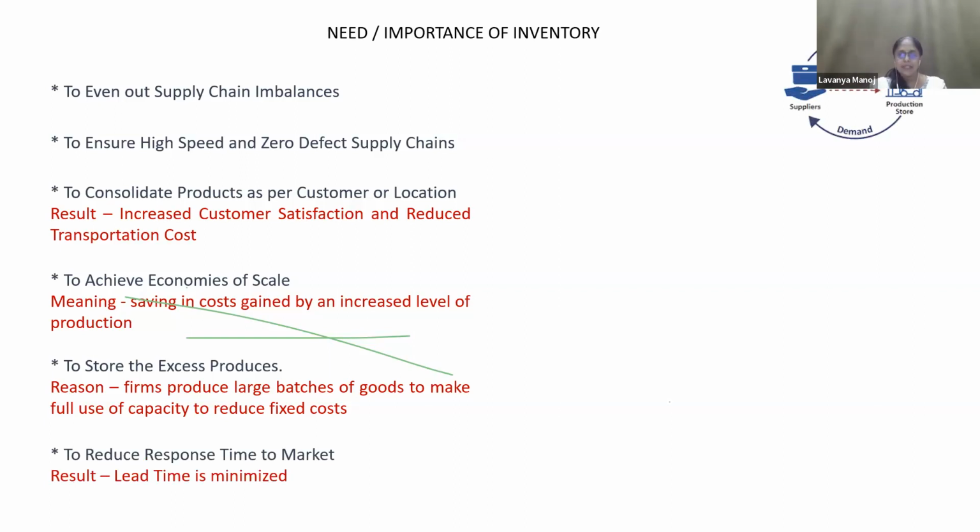That is called the lead time. The response time is called the lead time. That is the time taken between the demand and the supply. For example, you place an order online, say today at 9:30 Indian Standard Time, and I expect it by Sunday evening or Monday morning at the maximum. If it reaches even before that, I'll be very happy. So that's the response time, the market time or the lead time.